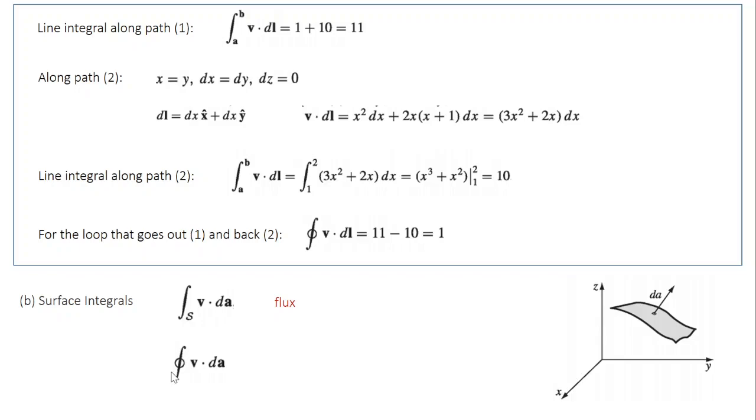Similarly, for a closed surface you can define the closed surface integral using this symbol, and the physical meaning of a surface integral for a vector function is this gives you the total flux of the function through the given surface. Now this becomes very important when you talk about the electromagnetic field. So in the case of electric field, you can write integral E dot dA, which gives you flux of the electric field through a given surface S. Similarly, when you write integral B dot dA, this gives you flux of the magnetic field through the given surface.